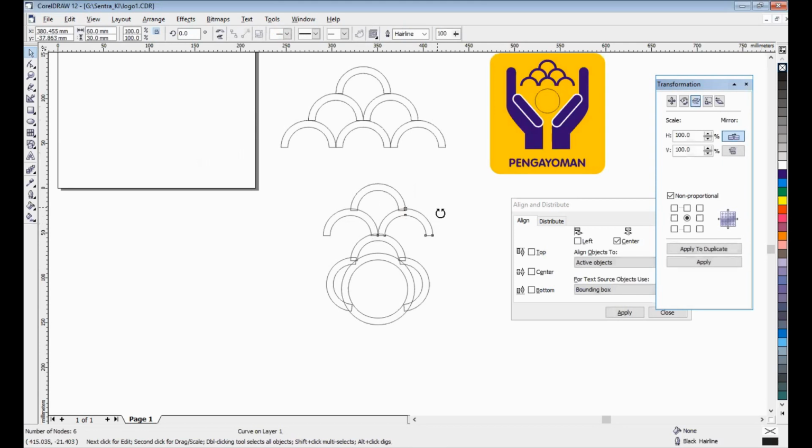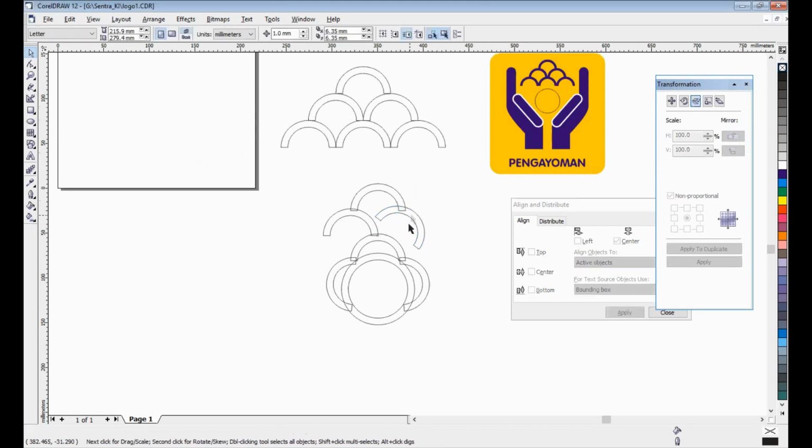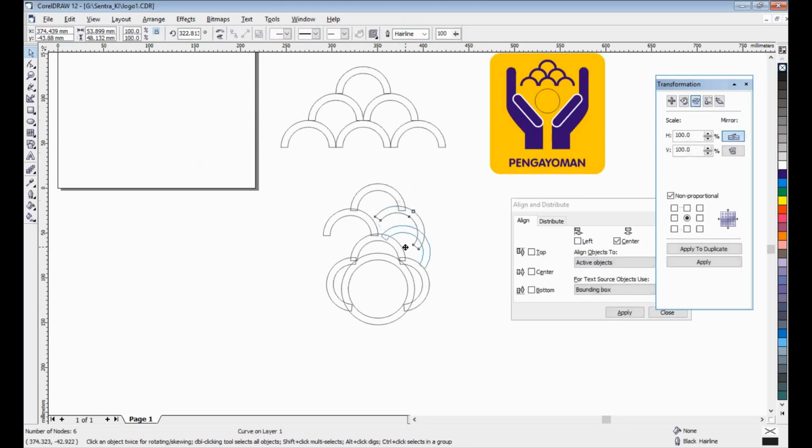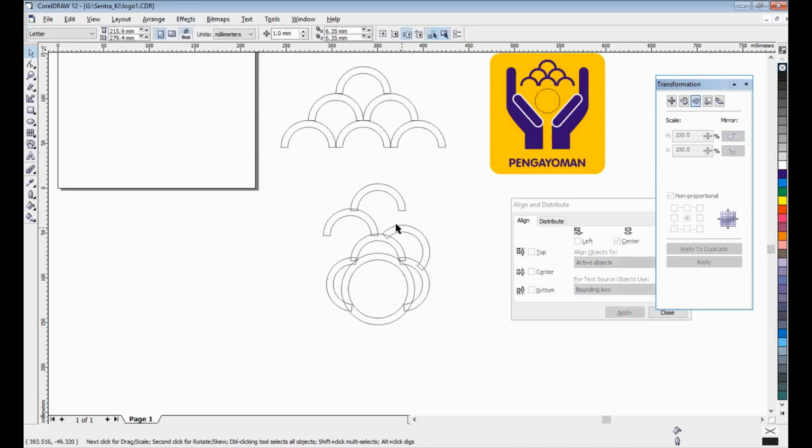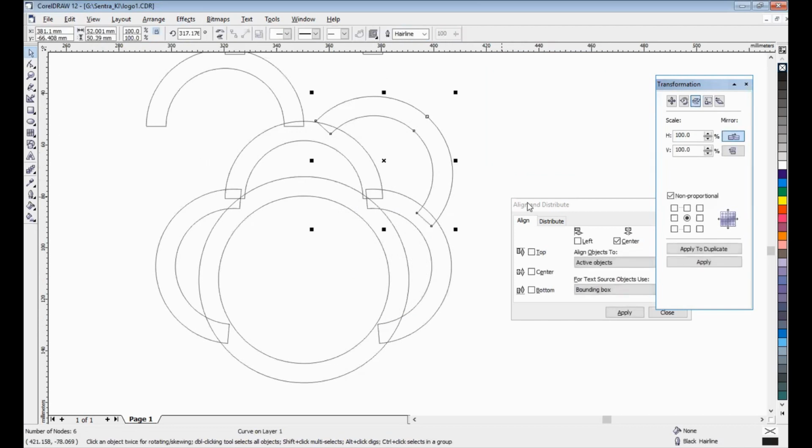Okay, rotate again. Maybe. Okay, a bit again. Okay, I will check here. Okay, I think it's enough.